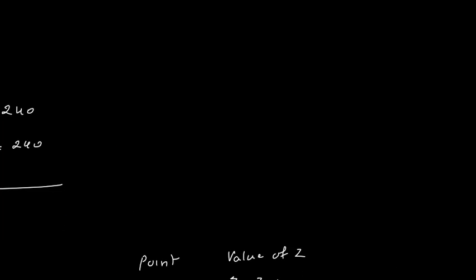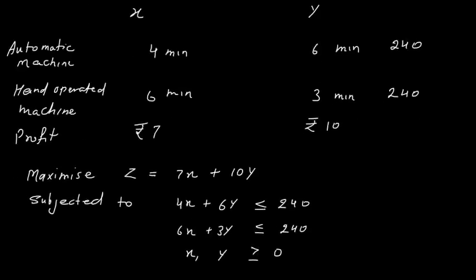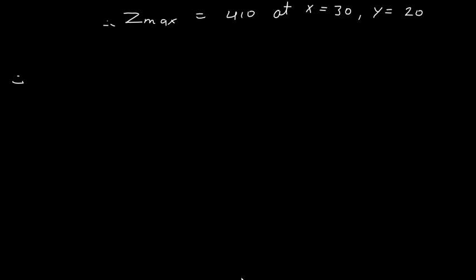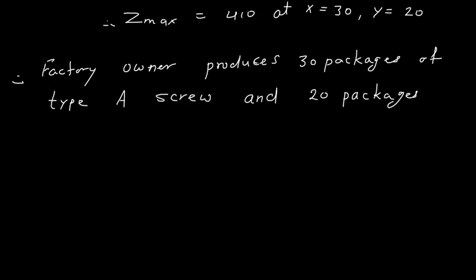So therefore, initially what we assume, let us just check. Factory owner produces x packages. So therefore factory owner produces 30 packages of type A screw and 20 packages of type B screw, and